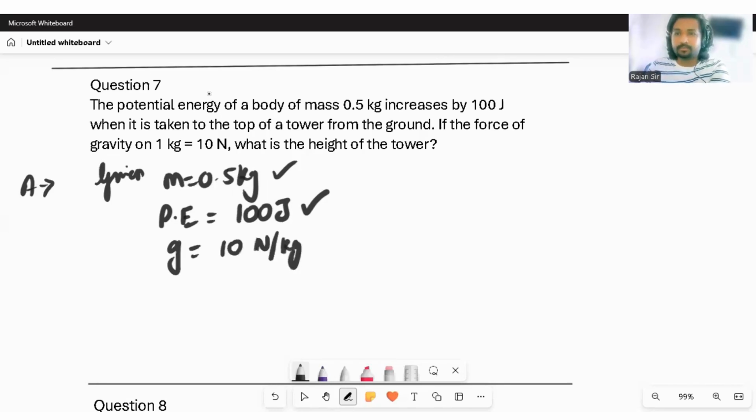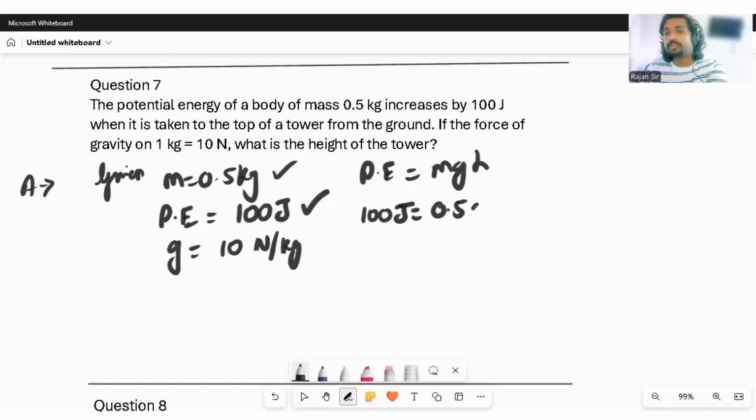Okay, again the same question, but in a very interesting way. So we have potential energy is equal to mgh. Potential energy is given to be 100 joule. m is given to be 0.5. g is given to be 10. h is unknown. So we have 100 equal to